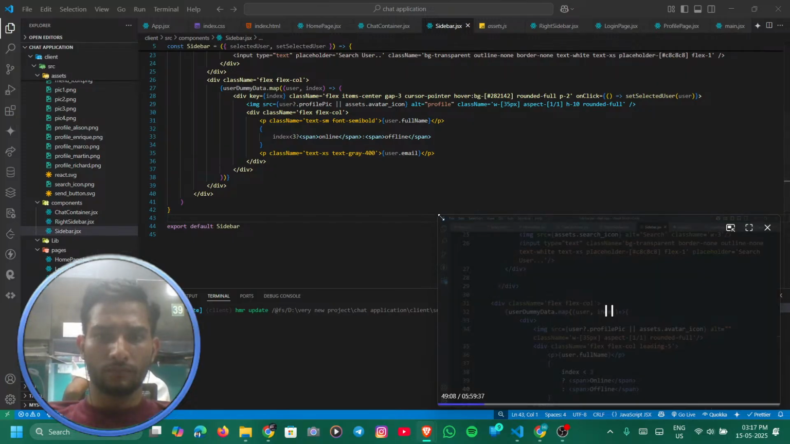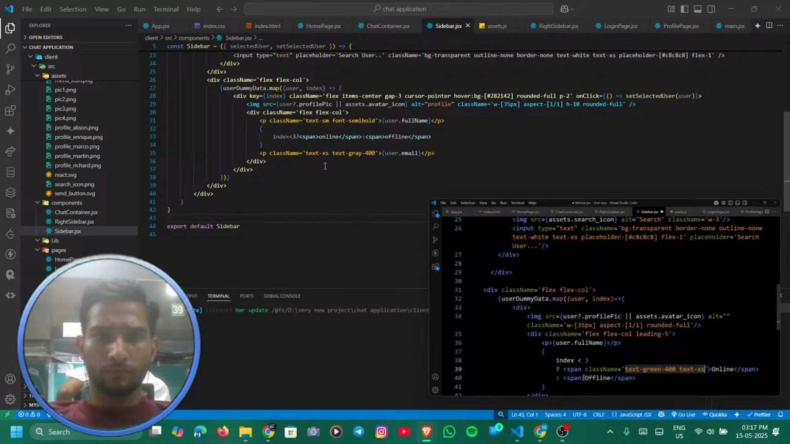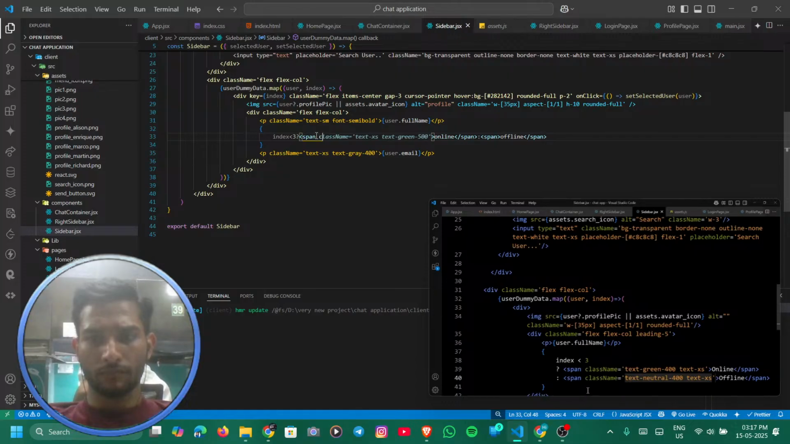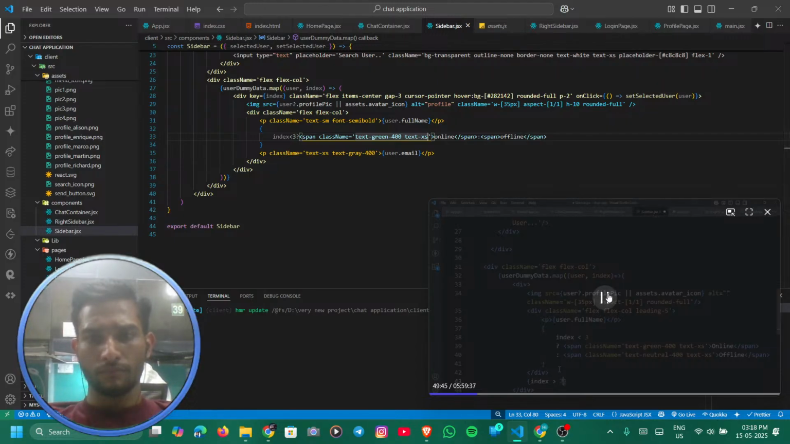After that, here we will add the classes. So in this span tag, we'll add the class name property and provide these Tailwind classes. And let's provide the Tailwind classes for this span also. And here we have added these classes. Right now, after closing of this div that contains this full name and this online and offline status, here we'll add curly braces and we'll check for the index. And if the index is greater than 2,